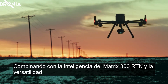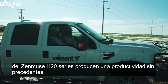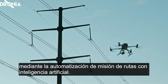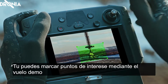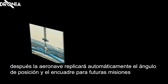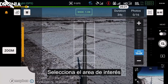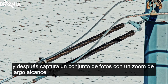Combining the intelligence of the Matrice 300 RTK and the versatility of the Zenmuse H20 series yields unprecedented productivity for your field operations. Minimize repetitive work by automating routine missions with AI Spot Check. You can mark objects of interest after a demo flight. Then the aircraft will replicate the position, angle, and framing automatically for future missions. Save time and get highly detailed imagery of a large area through high-res grid photos. Select an area of interest, then capture a set of photos with a long-range zoom camera, all with a single